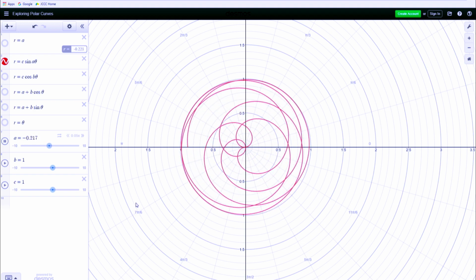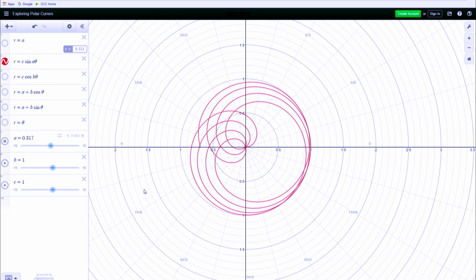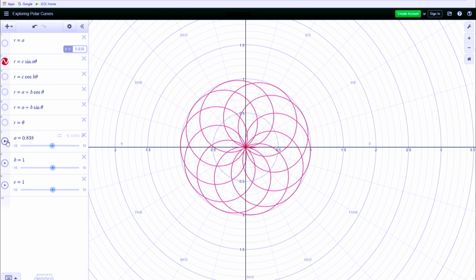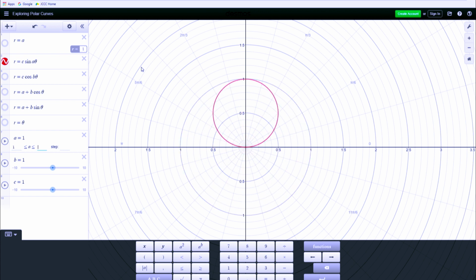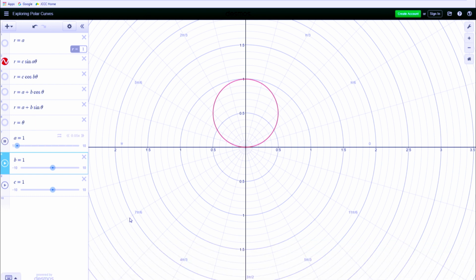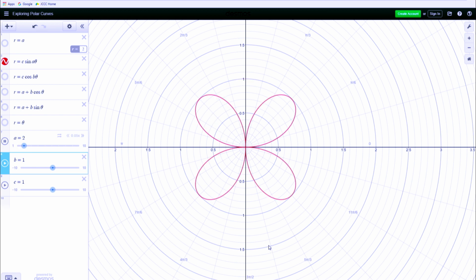All kinds of interesting things happen, but for our purposes, for doing some calculus, we're going to look at when these are just nice integers. So let's step in by 1. And now look at what happens. So when a is 1, you get 1 loop. And then as it moves forward to 2, you get 4 loops. So you get twice that. And then when you move to 3,